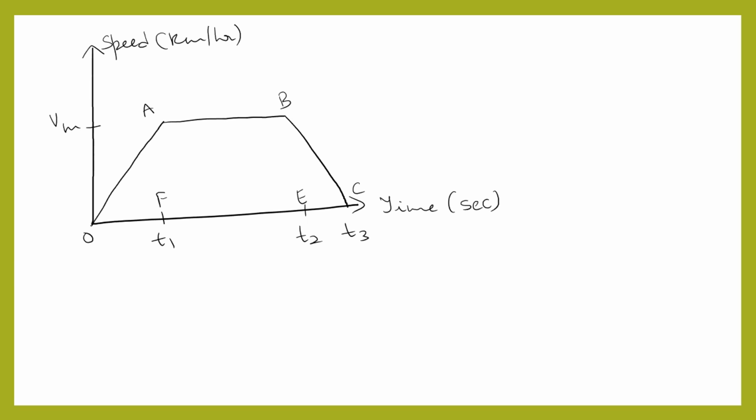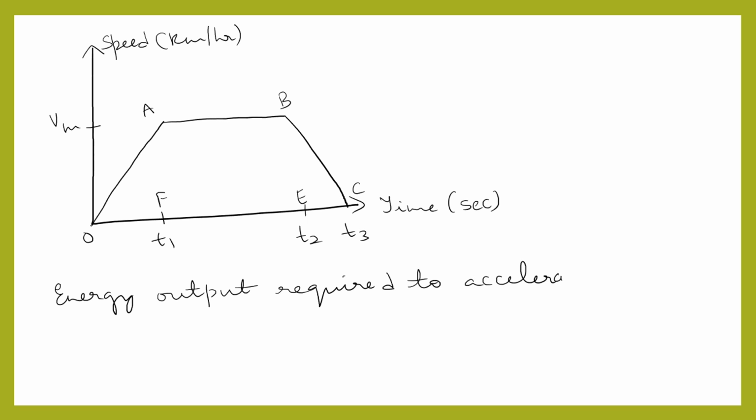So we have the energy output required to accelerate the train from rest to a speed of Vm